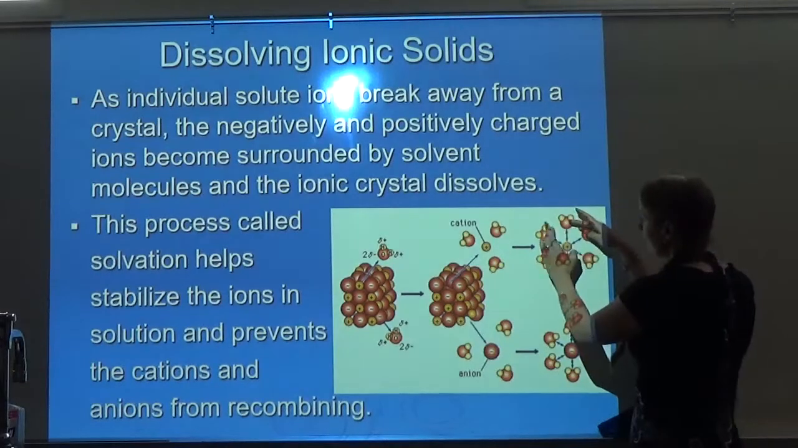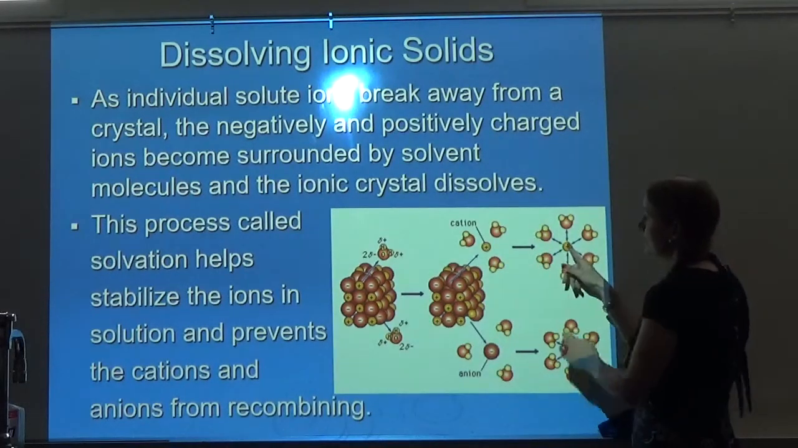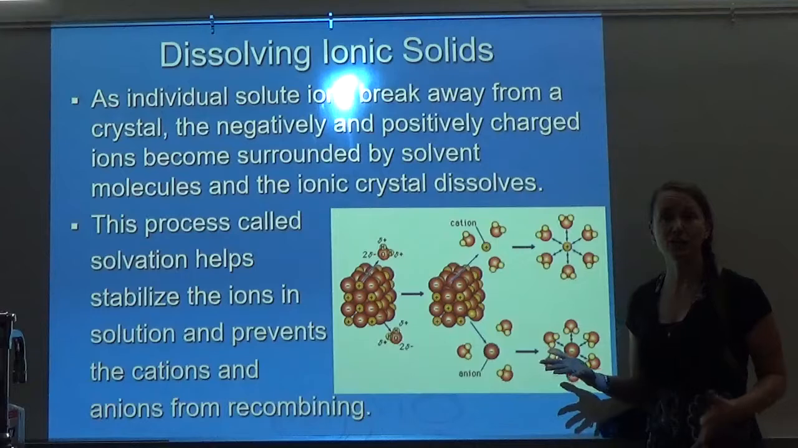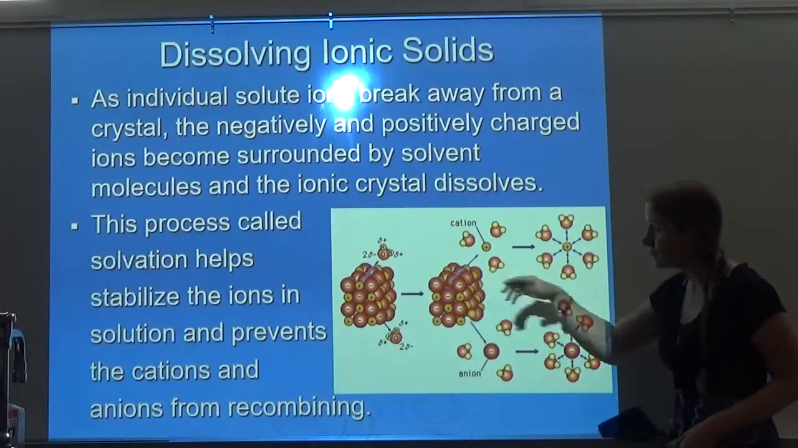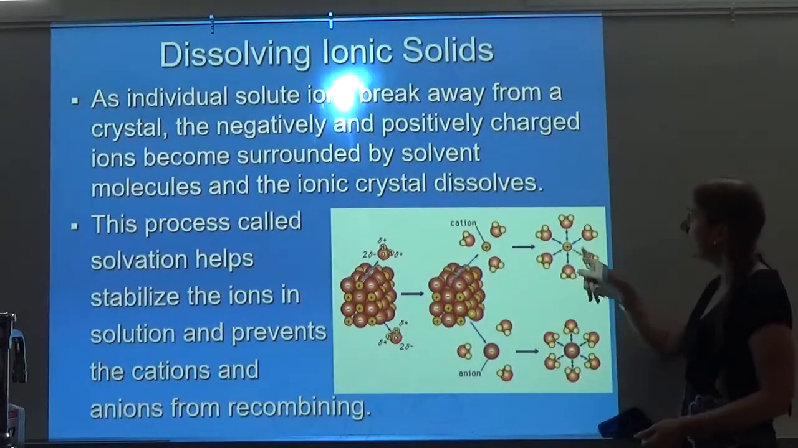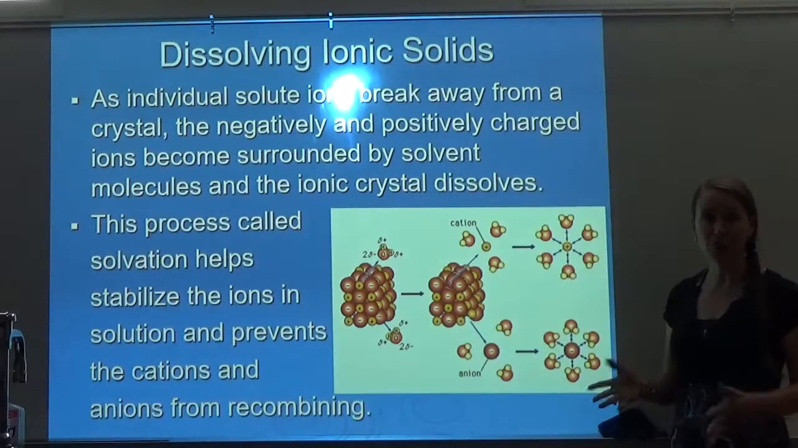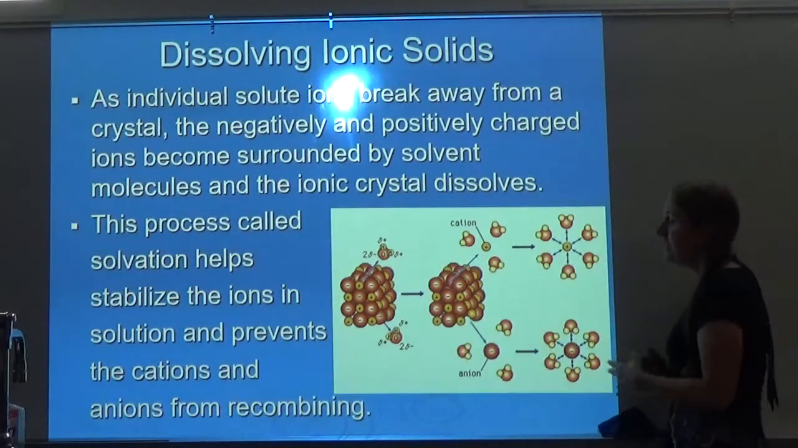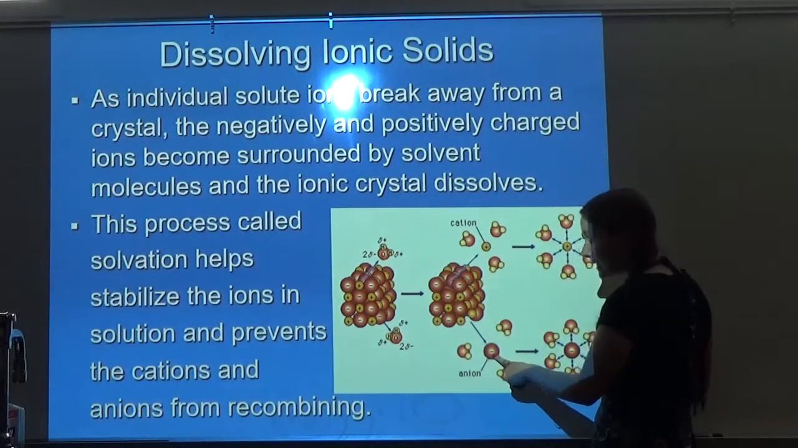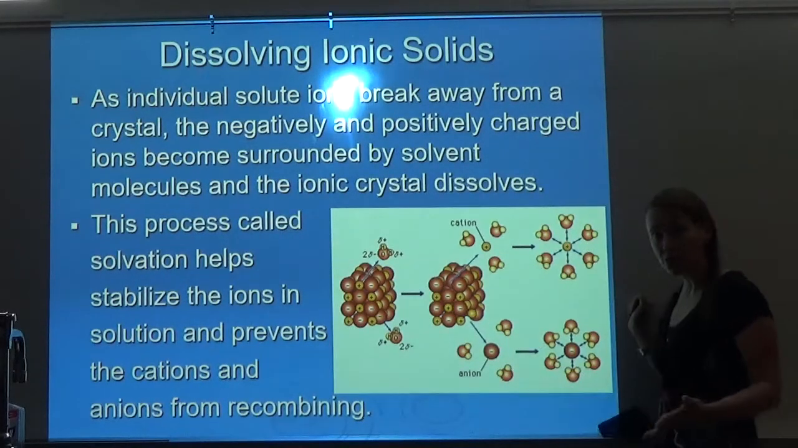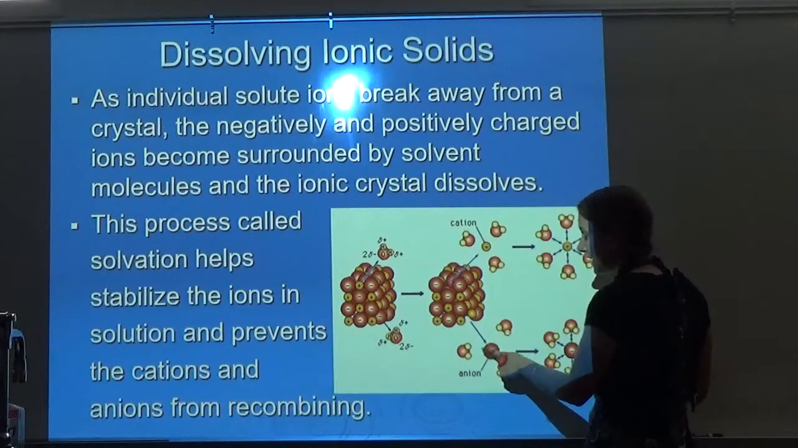Once that ion is surrounded, it's not going to want to reattach to the crystal because it can't attract to a negative anion at that point, because it's surrounded by the water molecules. They provide a buffer. Then the opposite happens to the anions. When the positive hydrogen side, remember they're partially positive, bumps into the anion, it becomes attracted to the anion